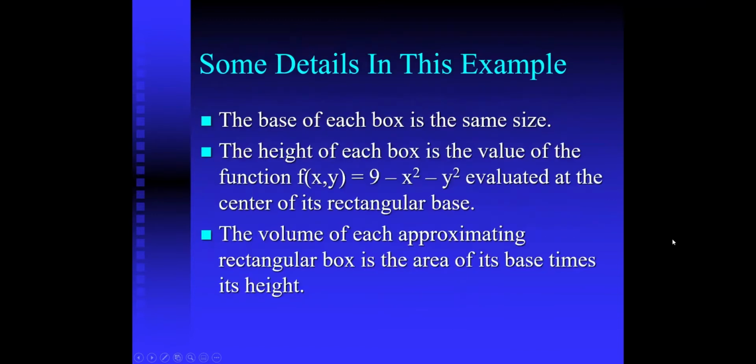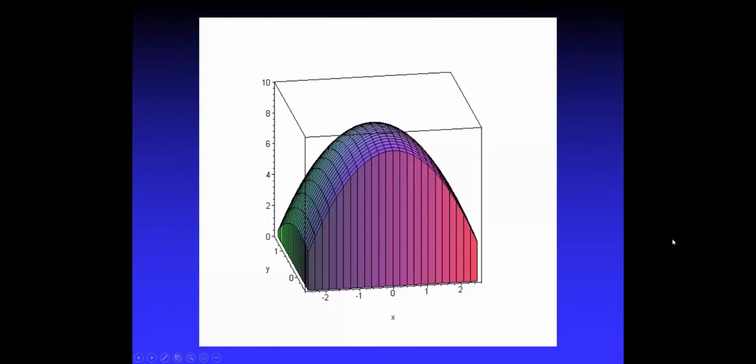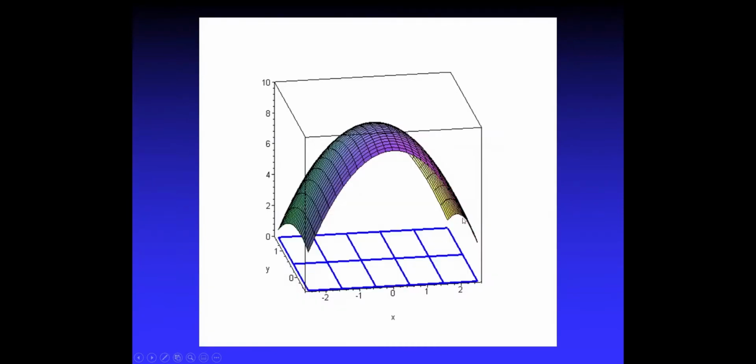You can read the details if you like, but I'm just going to do it here. Here's the solid with its top, and then its base down here, which is a nice simple base, a rectangle. And I divided the rectangle into 10 equal size